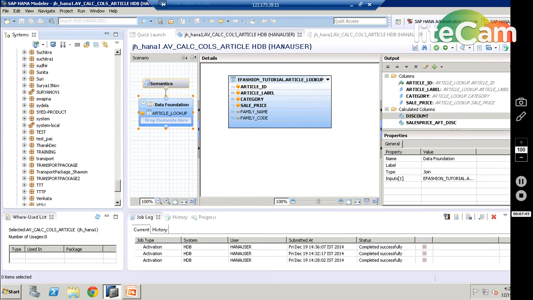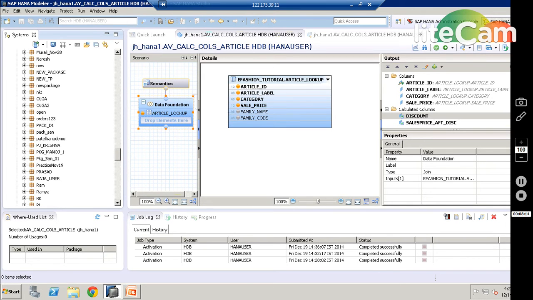We generally don't generate a report on the attribute view, because we don't have anything to analyze in the attribute view, no key figures or measures. So you just come down here and we will create an analytic view, which will take the values from this particular attribute view as well.